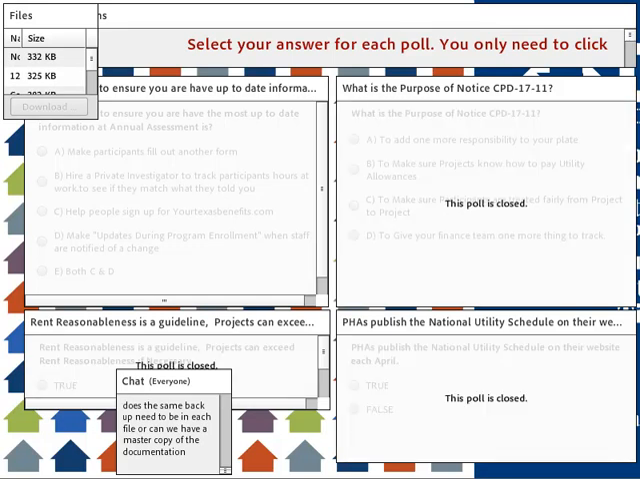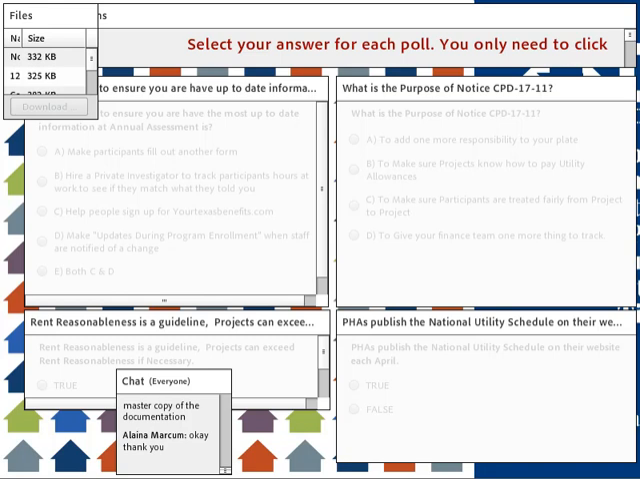that determination. Now, the question that I'm seeing now says: if there are two participants who are renting from the same unit, can they use the same documentation to show that it is reasonable? Yes. The same backup needs to be kept in each file? Yes. Or can we have a master copy of the documentation? No. You can have a master copy of that documentation, and I would encourage you to maintain